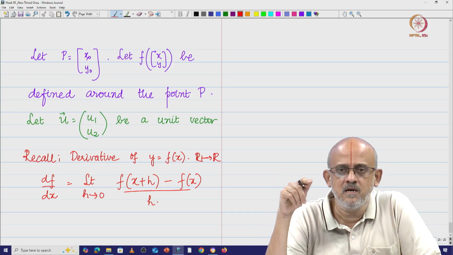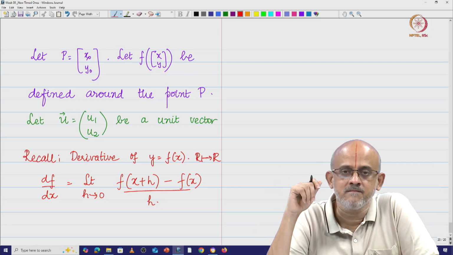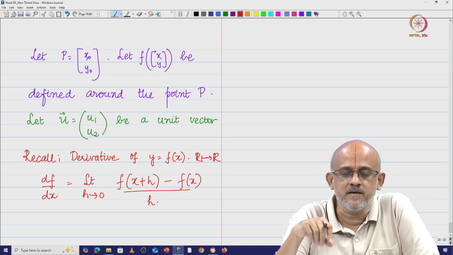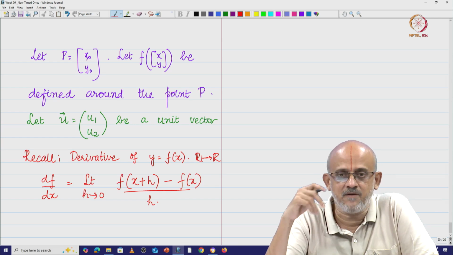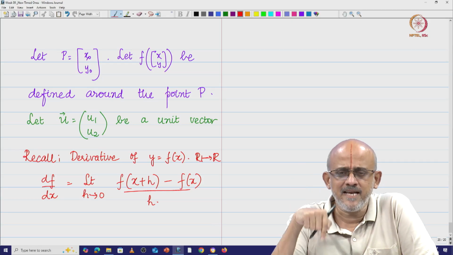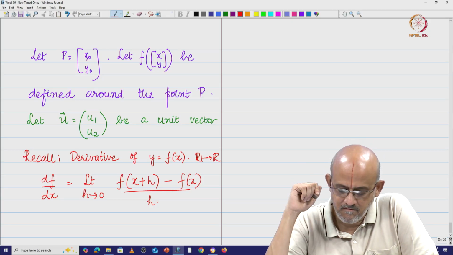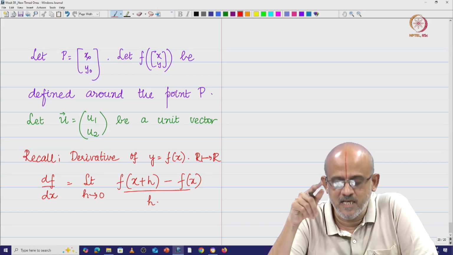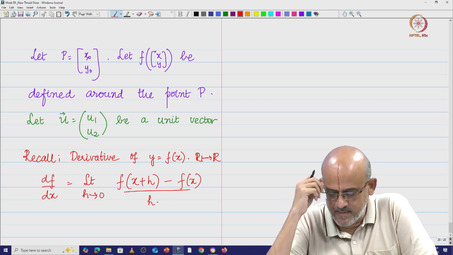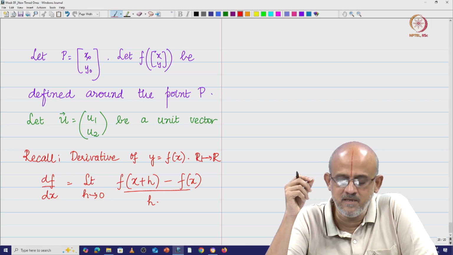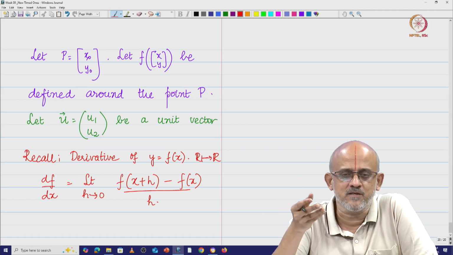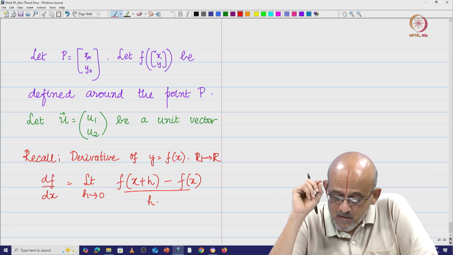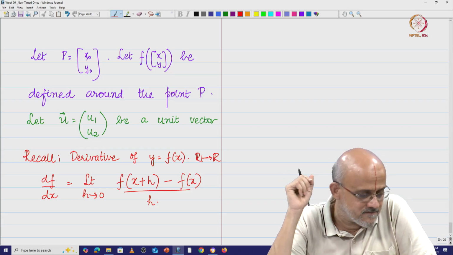Now with a single variable this makes sense, but when I get to the idea of a vector, a 2 component vector, that means a function of 2 variables, this h does not make sense really, because h is going to be a scalar and x is going to be x1 comma x2, or x naught comma y naught, or whatever that point is. h is going to be a scalar, and it does not really make sense for us to add a vector with a scalar. Therefore I want to look at an incremental thing in some direction, right.